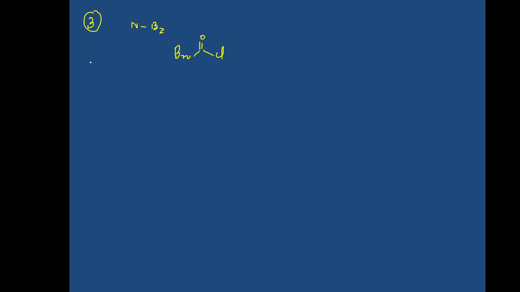We have a primary amine or a secondary amine, and we require a base over here. The base will abstract the proton. Again, this bond will break towards this side. This negatively charged nitrogen will attack the carbonyl group because over here we have a leaving group. So our nitrogen atom gets protected. This is how nitrogen atom gets protected.